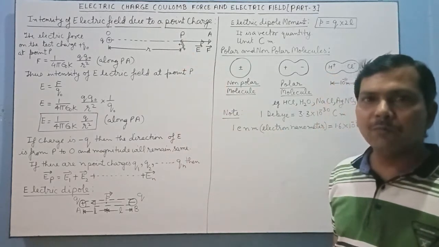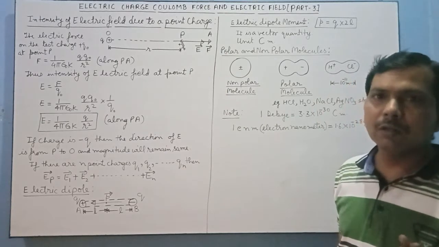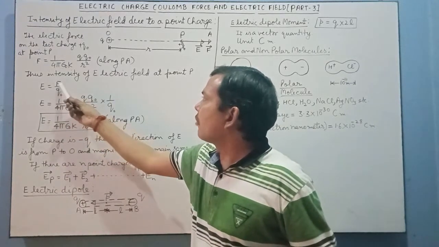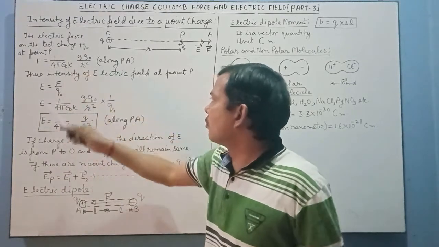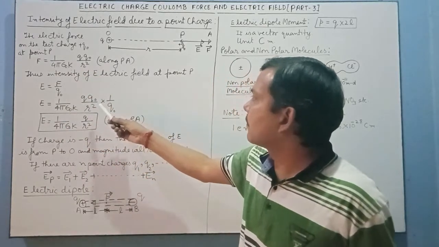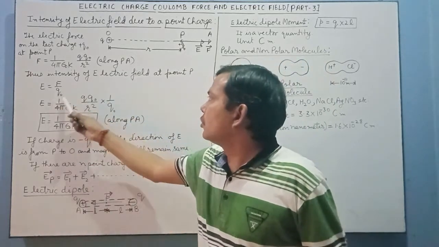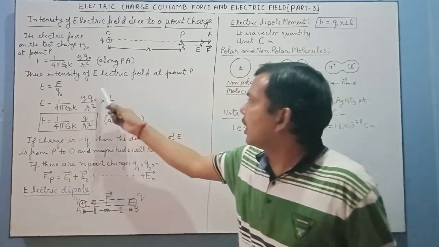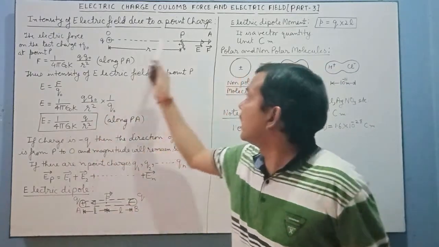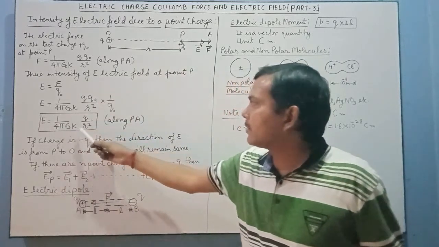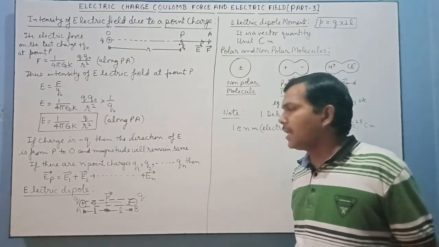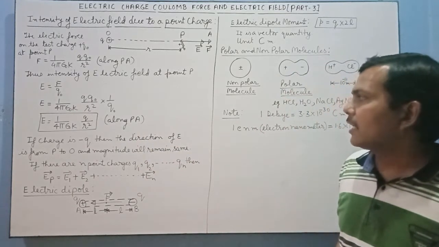As we know, electric field intensity is equal to F upon Q0. So E is equal to F upon Q0. Here in place of F, we will substitute this value of force, that is 1 upon 4 pi epsilon 0 K Q0 upon R square into 1 upon Q0. Now this Q0 and this Q0 will cancel out, so we will obtain the intensity of electric field at point P as 1 upon 4 pi epsilon 0 K Q upon R square, and the direction of this electric field